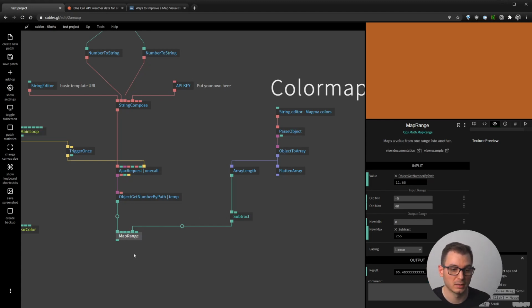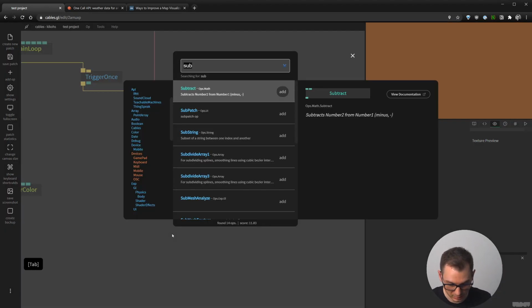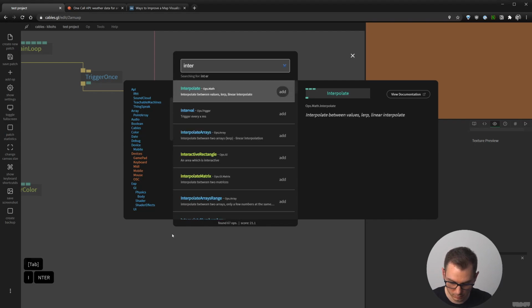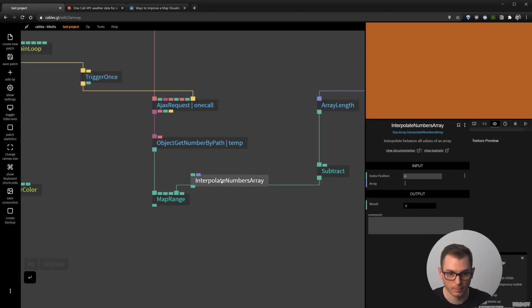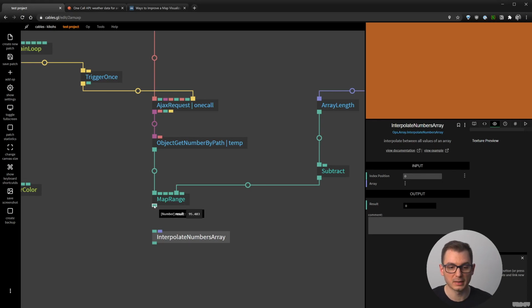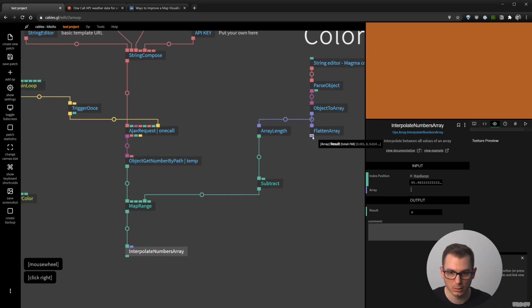Right, so there's an operator that does it automatically, which is called an interpolator. And let me just type it here: interpolate number array. So basically now, this is the index where I should pick the color at 95.483, which doesn't really exist in my color map. But if I interpolate the numbers, now, if I take the array on my color map here,